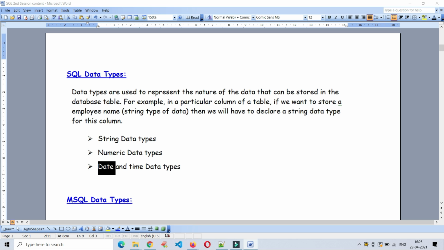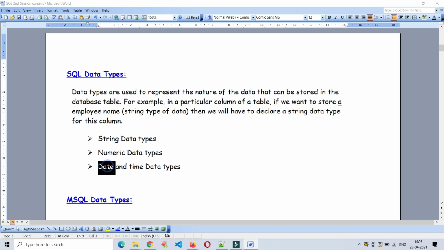Just assume there are 4 columns. In that, employee number comes under numeric data type. So while including the employee number column in any table, we have to declare it as a numeric data type.